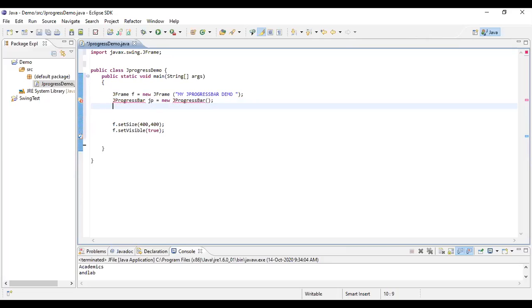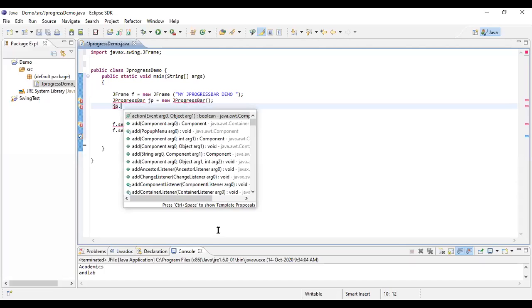Okay, I've created a J progress bar. Now if you look into my J progress bar, I'll just take a random progress bar over here, this violet one. You have to set a minimum and a maximum for the J progress bar. Usually it happens 0 to 100. The minimum is 0 and the maximum is 100.